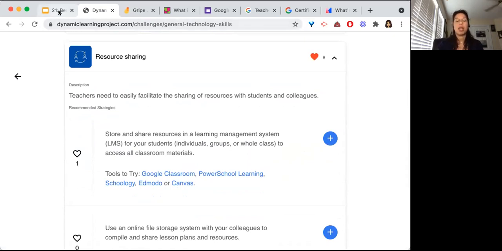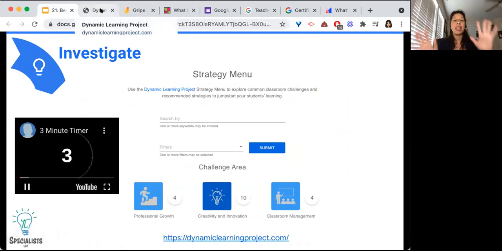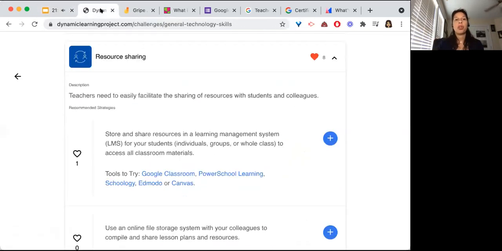So I'm going to set the timer for 3 minutes to give everybody a chance to go through the Dynamic Learning Project strategy menu and see if there are any strategies that pop out that could work. Once you find those strategies, you're going to add them onto your Jamboard. They can be a different color sticky note, but you're going to add them as a thing to try.